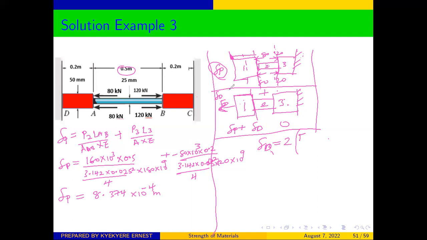We can call it, the force in there is going to be FD. P1 will be equal to FD, P2 will be equal to FD, P3 is equal to FD. So we have FD times 2 because of 1 and 3 which we are doing together, and the length is 0.2 over the diameters are the same, 1, 4, 2 times 0.05 square, all on 4 times the modulus of elasticity, which is 120, the same, made of the same material, times 10 to the power 9,